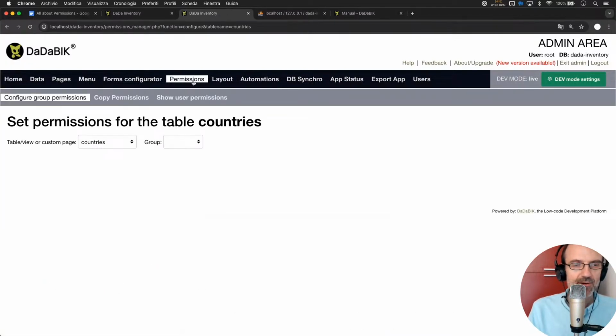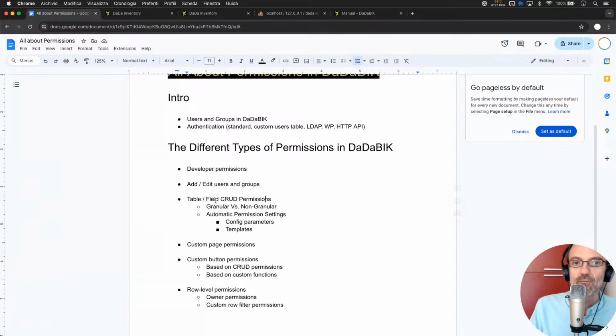And let me click on permissions. Okay. So by default, in DaDaBIK, since many years, granular permissions are enabled. What does it mean? It means that you can set for each table and field the permissions